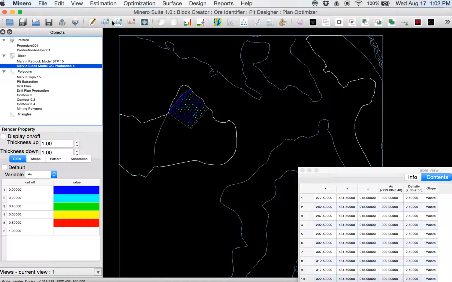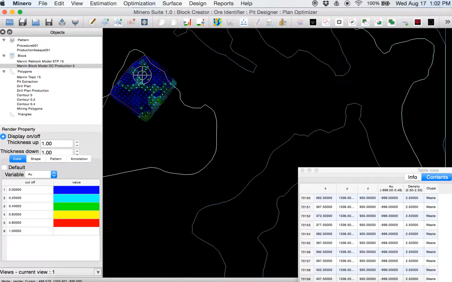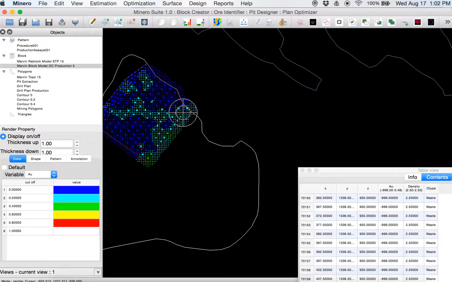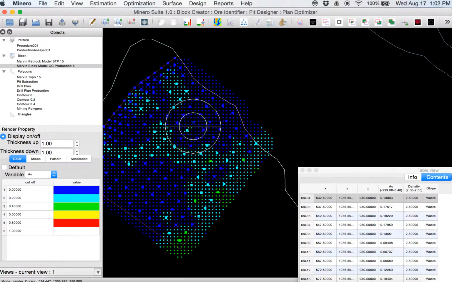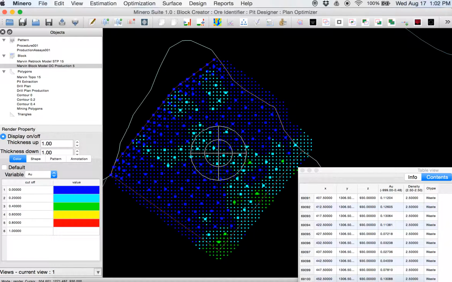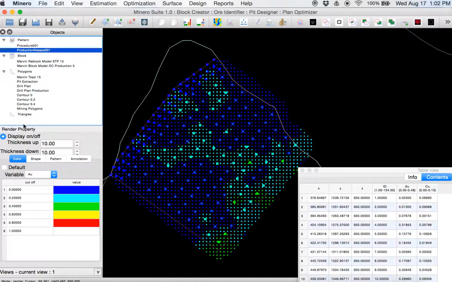Okay, so I used the estimation parameters and created the ore control, and this is how it looks. Our ore control production block model. We can accomplish this in ore control, and there are a number of steps, but this is something that we can do in Minero in this ore identifier model.